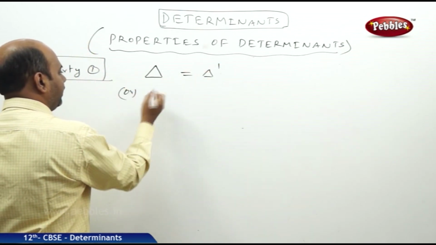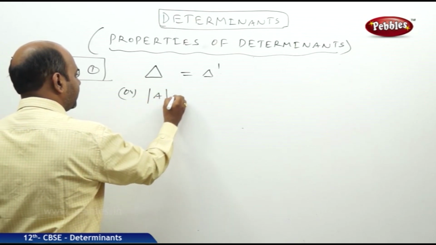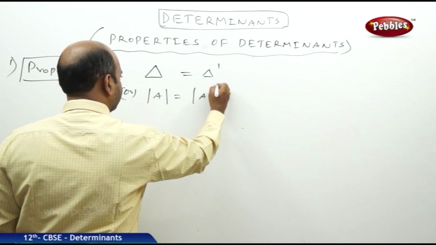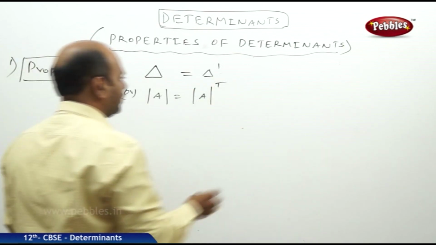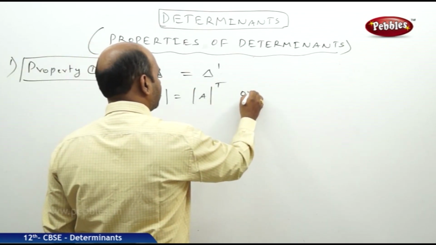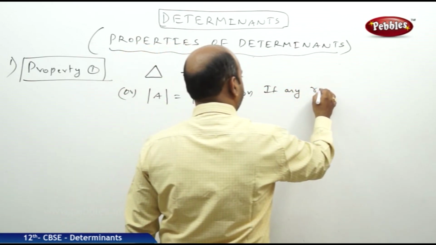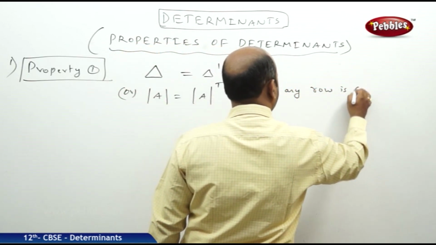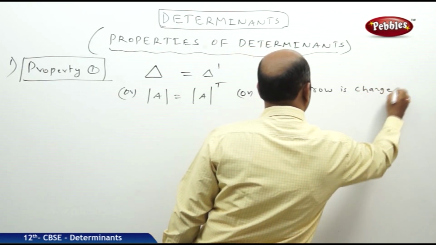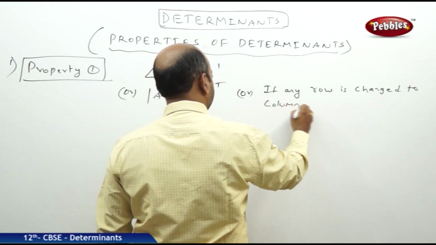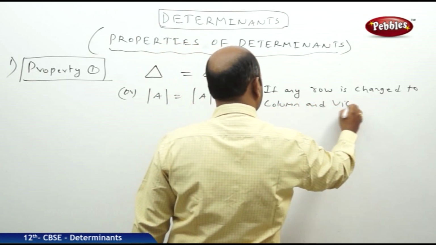Or if A is any matrix, then determinant of A is equal to determinant of its transpose. Or in our language, if any row is changed to column and vice versa,